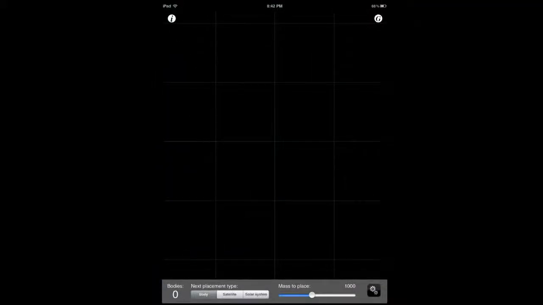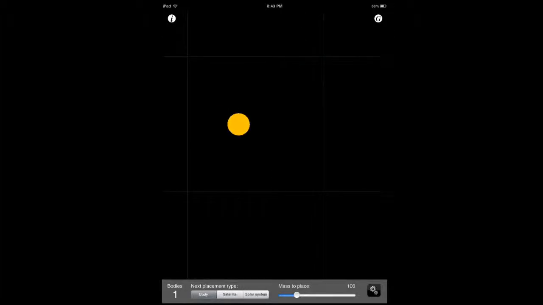There we go. There's nothing really to see here, just a space area. Now you can put particles here to see how they react. Let's say you can change the mass. So I wanna put this right here, and I wanna put something smaller and